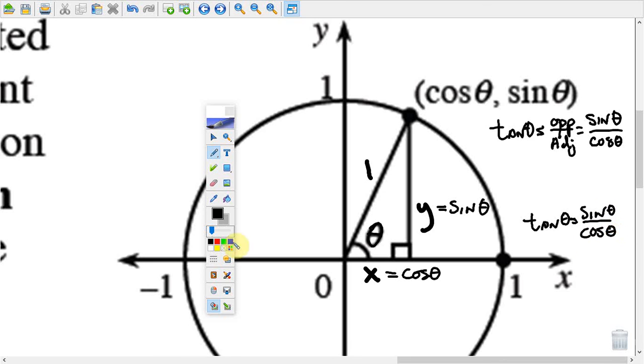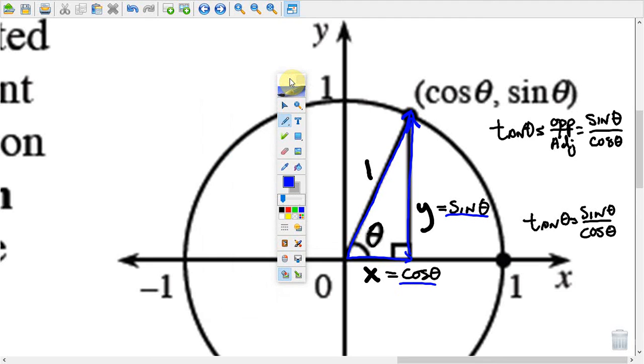Which also connects back to the slope of this line, which would be a rise of sine theta over a run of cosine theta, which would then give us sine over cosine again if we just went back to good old rise over run. Okay? And we can connect this to Pythagorean theorem